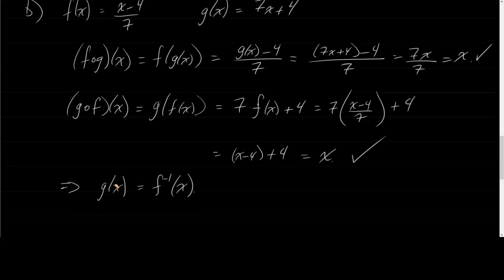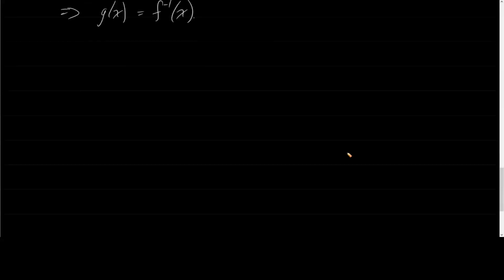To verify that two functions are inverses of each other, you plug them into each other, you compose them with each other, and make sure that in both ways it simplifies down to just x. In both scenarios. Now graphically speaking, we can say something about a function and its inverse. Inverse functions are symmetrical about the line